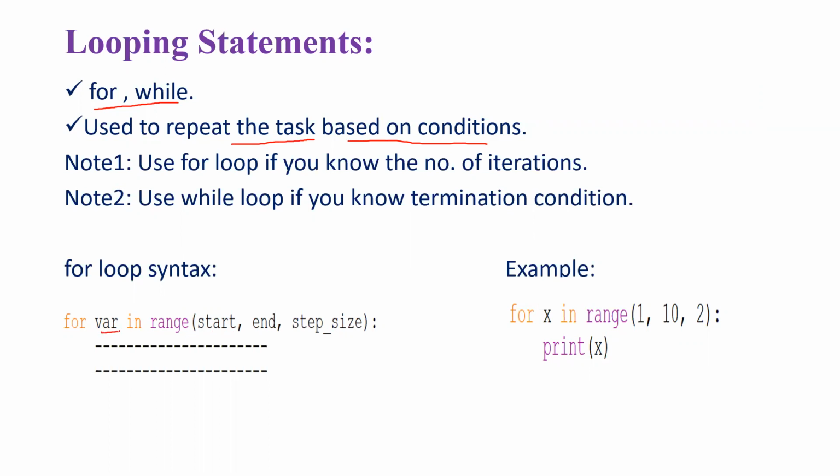See, this is a loop variable and range is a function which generates a range of values, which means this is the starting value and this is the ending value and this is the increment for that loop variable, and this is the code or the task you want to perform, and this code will be executed until the loop variable will be less than end. And see the example here, for x in range 1 comma 10 comma 2, print of x.